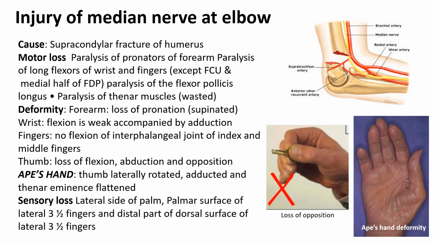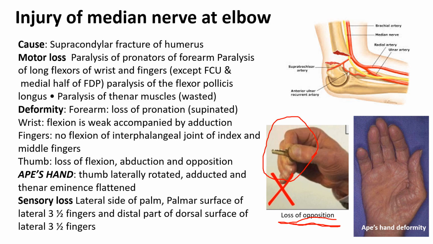The thumb will lose all movements except extension and adduction. So we will lose flexion, abduction, and opposition. And one of the most important movements of the thumb that we will lose here is thumb opposition,